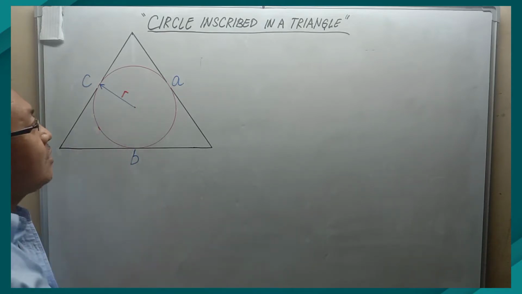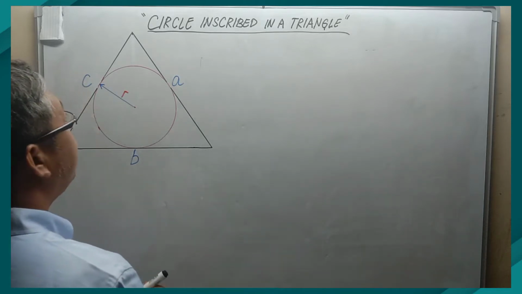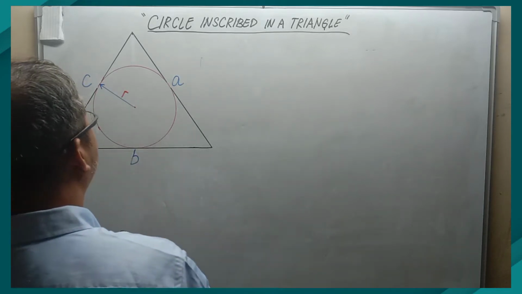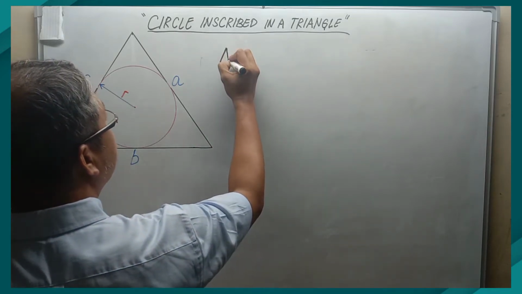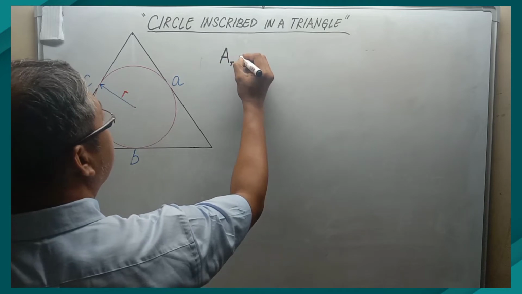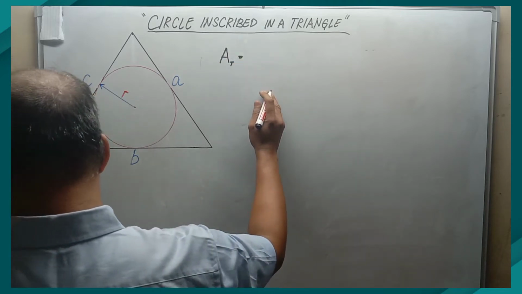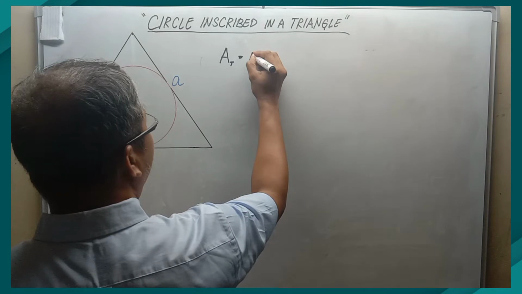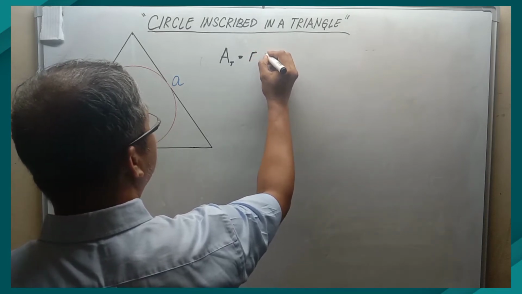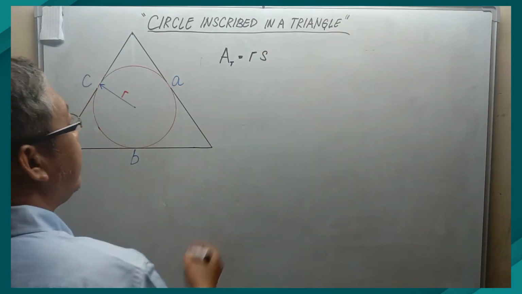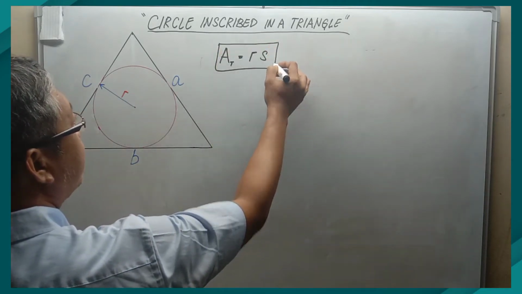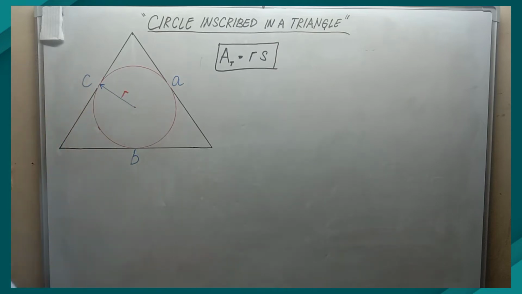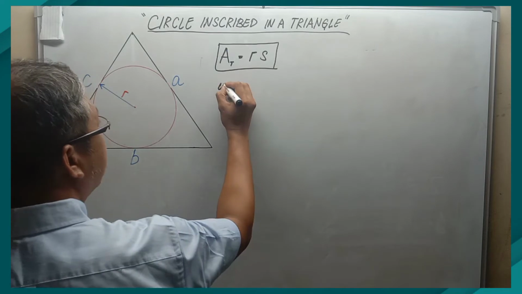So our basic equation or standard formula for the area of a triangle where a circle is inscribed in the triangle, A sub t, is equal to R times S. Take note, this is a simple equation on how to find the area of a triangle where the circle is inscribed in the triangle, where